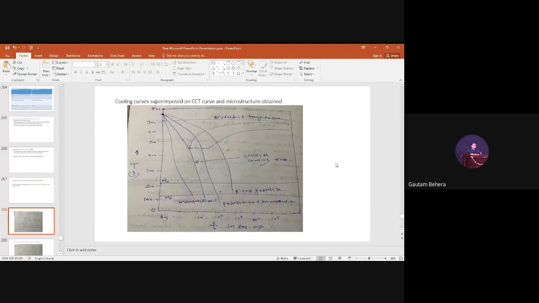Okay, Jibojyoti? Can you justify? Sir, I think we are having a perlite bay in the curve, that's why the cooling curve is touching that. See, wait, just hold on. Perlite bay is here. It is bainitic bay. It is perlitic bay basically. But why are you talking about those bays? Sorry, sir. Okay. Anyways,